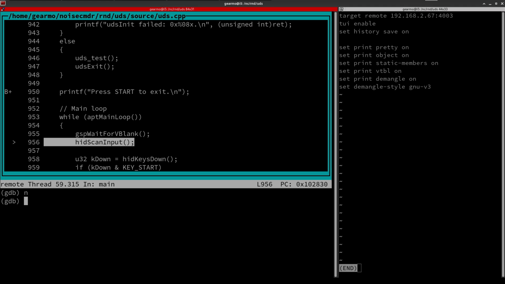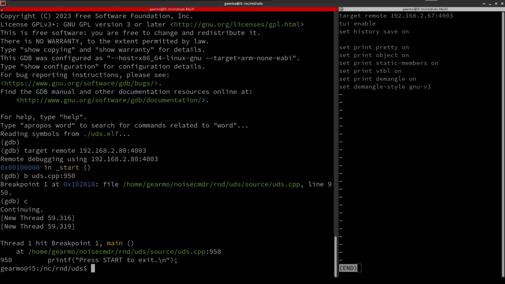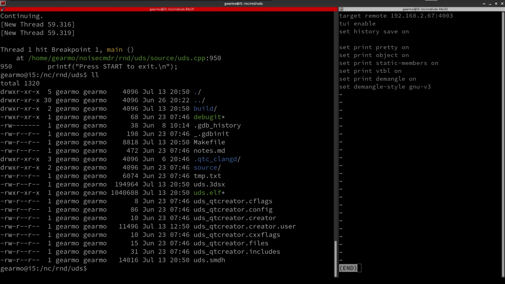Yeah, but luckily you don't have to do it like this every time. Of course, things can be automated. GDB is actually pretty advanced, or has pretty nice scripting capabilities. So I'm just gonna quit the program again. For one, you can put in a .gdbinit file,